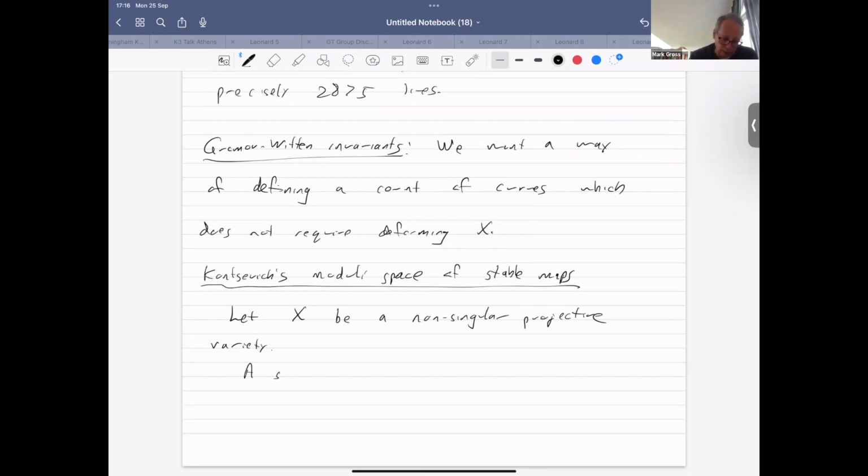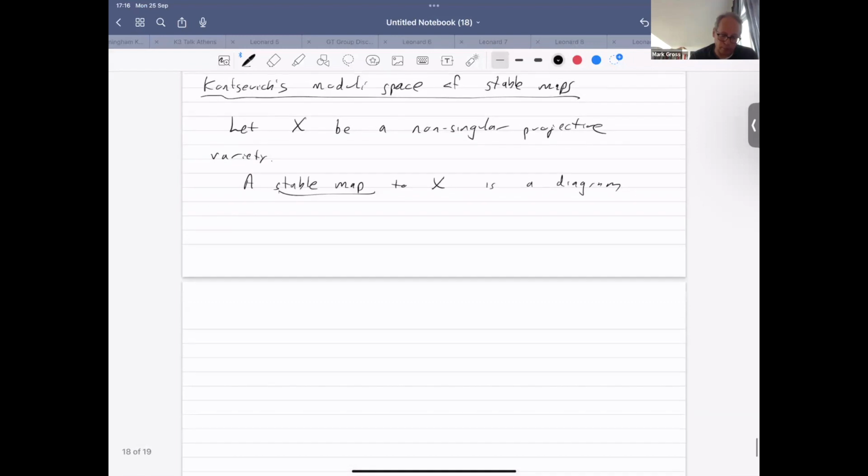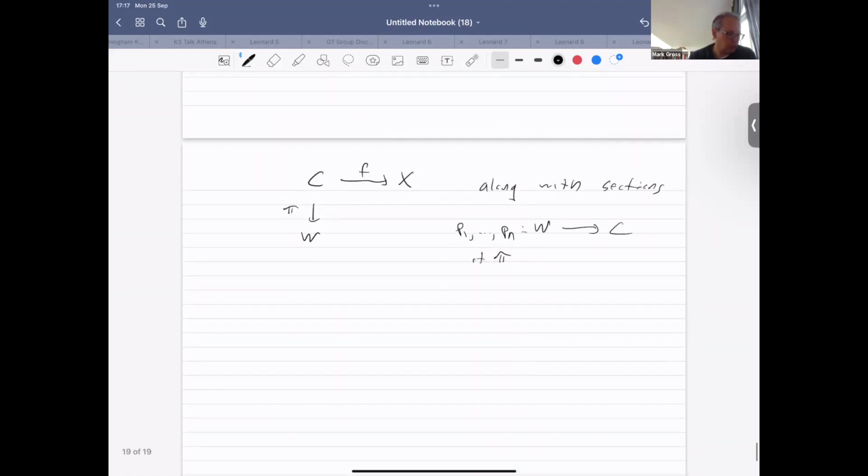And then a stable map to X is a diagram: C maps to X, and C maps to W via pi, along with sections p1 through pn of pi, such that